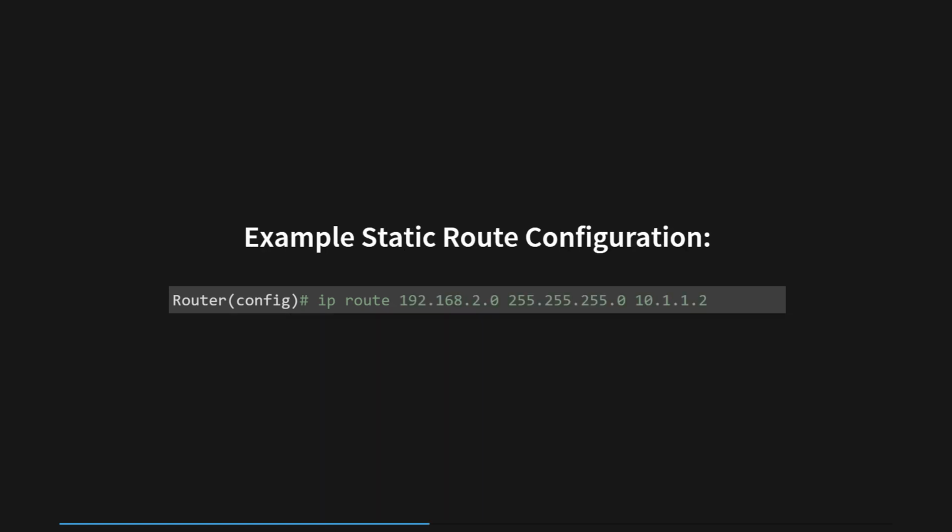In this example, we are configuring a static route to the destination network 192.168.2.0/24. The next hop router's IP address is 10.1.1.2. When the router receives packets destined for 192.168.2.0/24, it will forward them to the next hop router